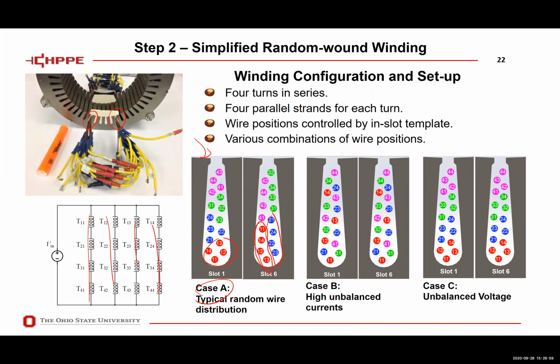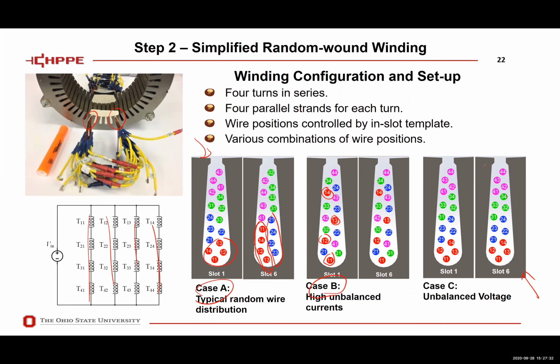And then case 2 is a very extreme case. Typically it's not going to happen in real world applications, because you can see that in simulation we can easily put the first parallel branch, second parallel branch, third parallel branch, and fourth parallel branch for 1 turn in a position like this, but typically they will try to stay together. And the last one here will give us some unbalanced voltage. I'll show results on the next page, but